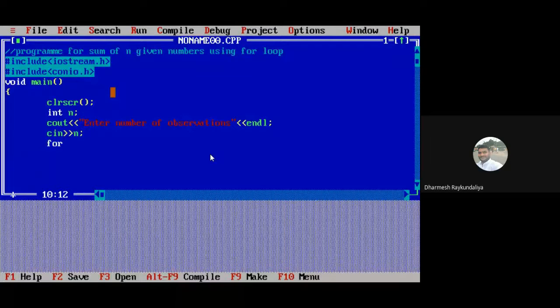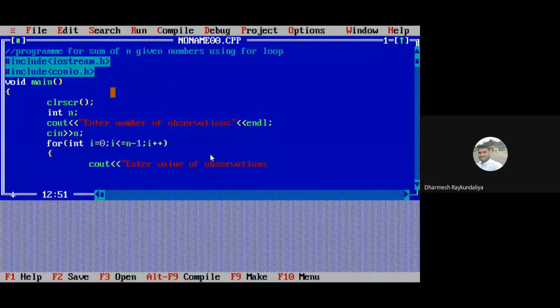Now you will enter the values, i running from 1 to n. So I will declare integer i; let us say I will give 0 to n minus 1, i plus plus, for loop. cout: enter value of observation in a.